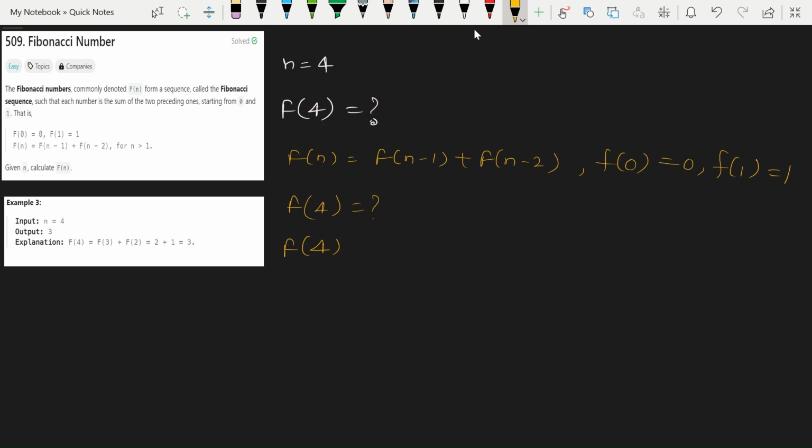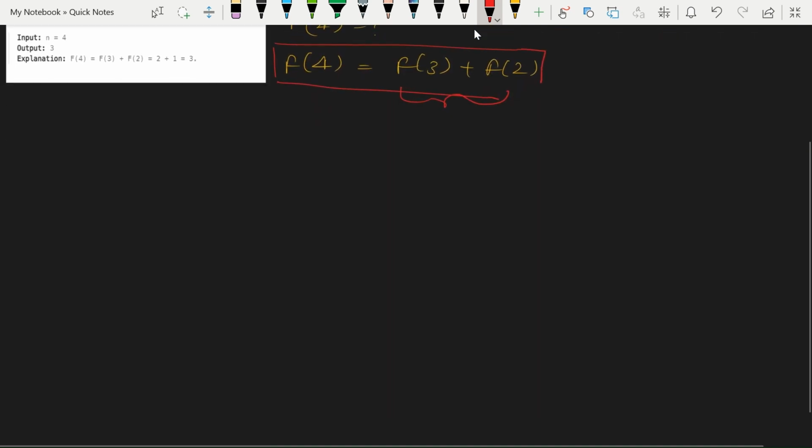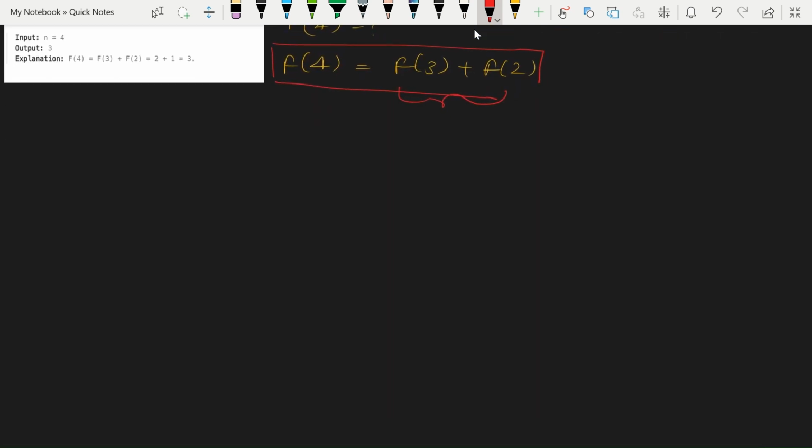So f4 can be written as f3 and f2. It implies that f4 is actually the sum of its previous two terms. So this is the main concept behind solving this question, that each term is being solved using its two previous terms. Similarly,